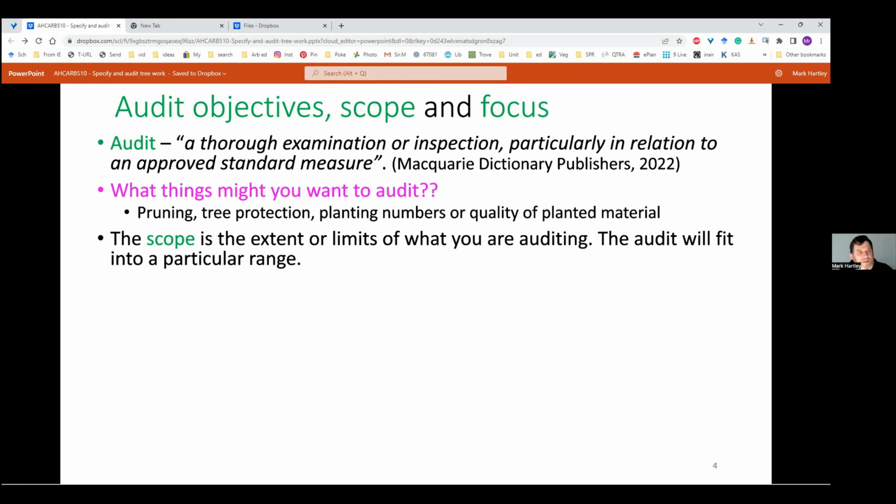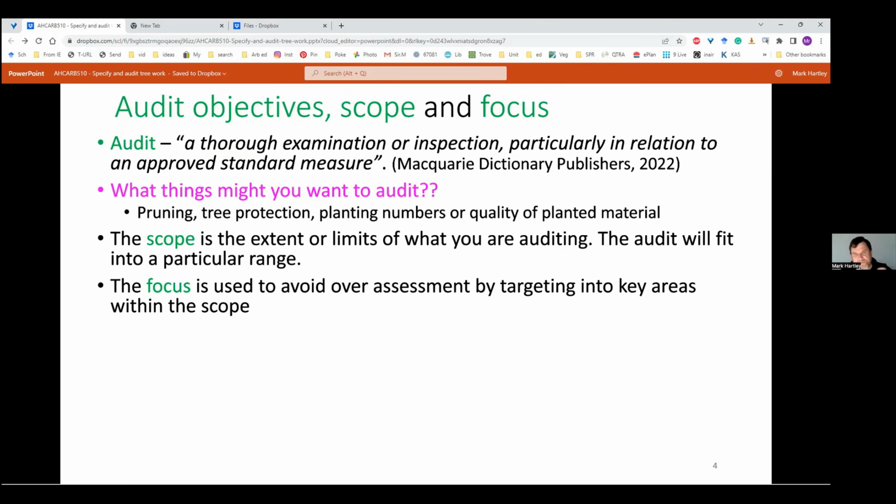The scope is the extent of the limits. We're not there to do everything and anything. We're not there to tell the reader all the things we know about the subject. I like doing that. I tend to overdo things a bit. Just be careful not to do that. Focus, just to keep a narrowing of the scope. So the scope is the broader area. The focus allows you. So it could be particular, as Vicky just said, trees on the development site, in particular, the trees adjacent to the recent excavation works.